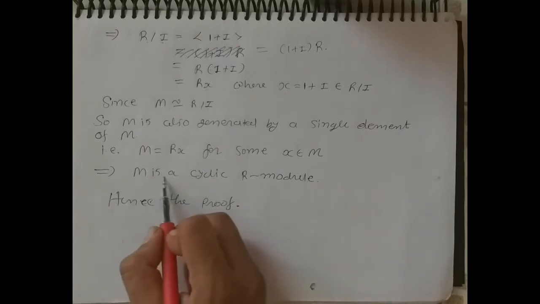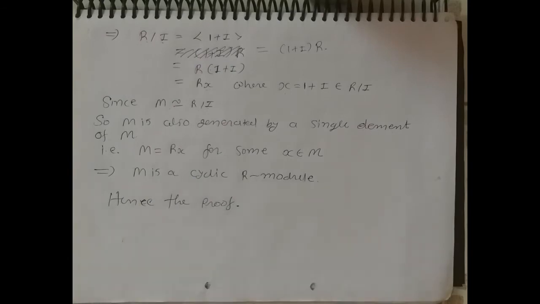That means M is a cyclic R module. Hence the proof. The converse